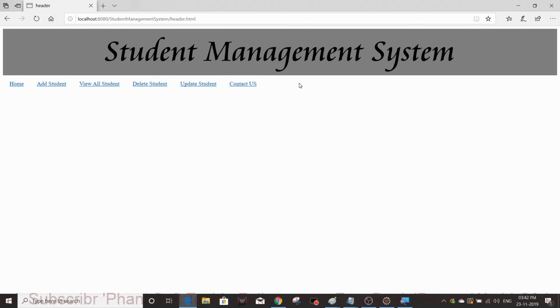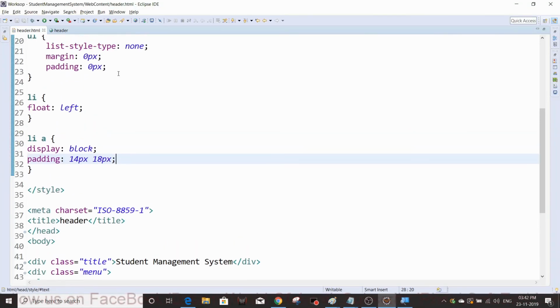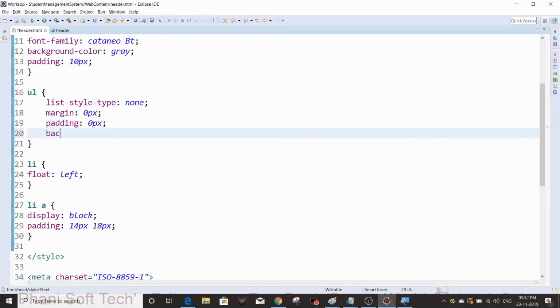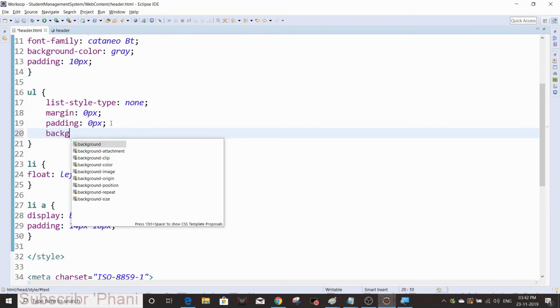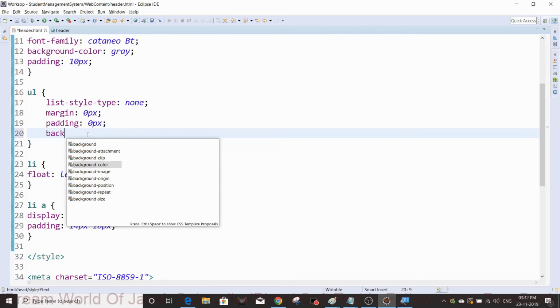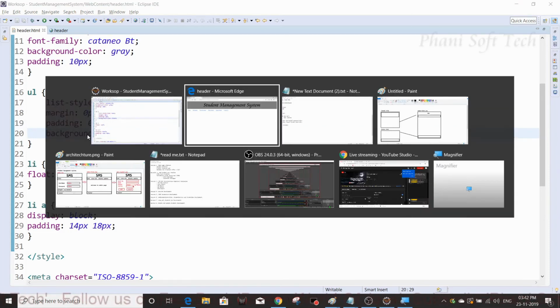So I'm going to give some background to this element. The entire thing is an unordered list, right? So I'm going to give background for this. So where I need to give, under the UL tag, background color. I'm going to give black color and save it.